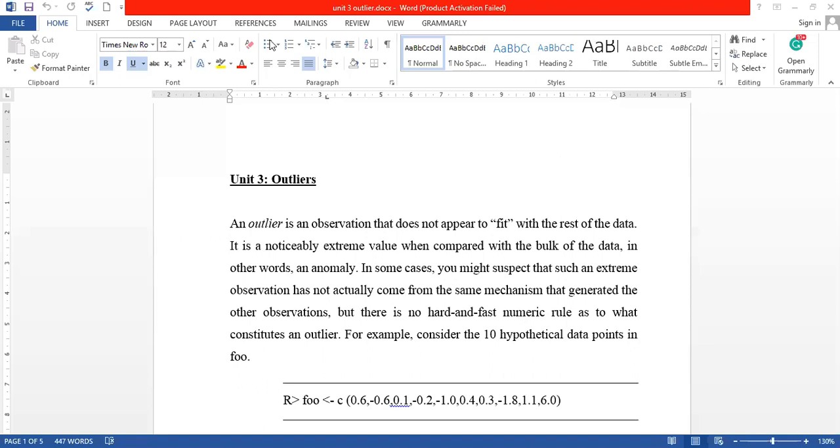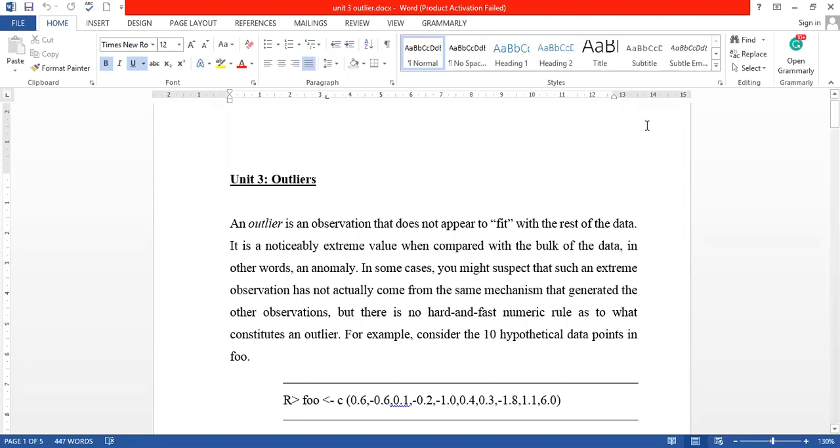So good afternoon, everyone. In today's lecture, we will cover the last topic of your third unit, and the topic is outlier. If we observe any data set and we get an extreme value in a particular collection of data, then it is called an outlier. It is just an observation which does not fit into your data set. Suppose your data is a collection which lies between a certain range, and if you get a value which is not in that range, then we call that value an outlier.